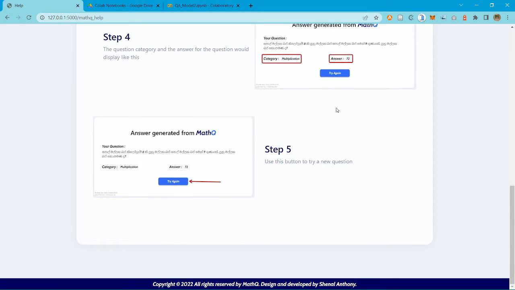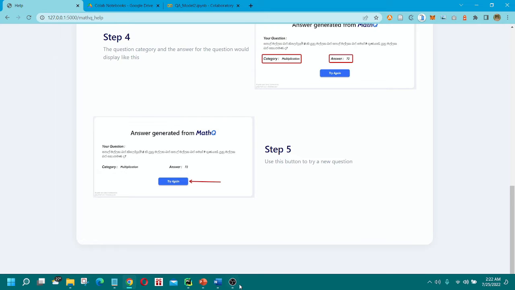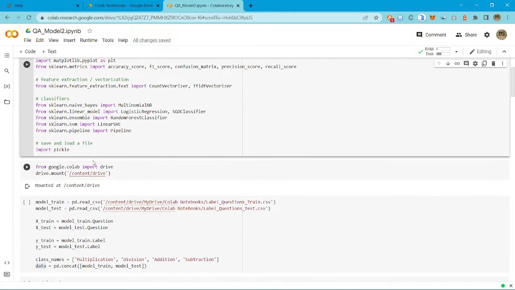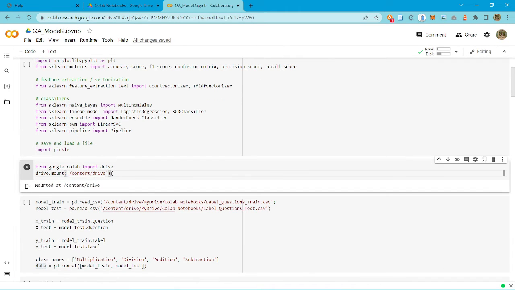Next, we will look into the model of the core for this project. Now, this is the question classification model, or the code. First, we have the libraries which are being imported here, and then for the question classification model development, I have used Google Colab.